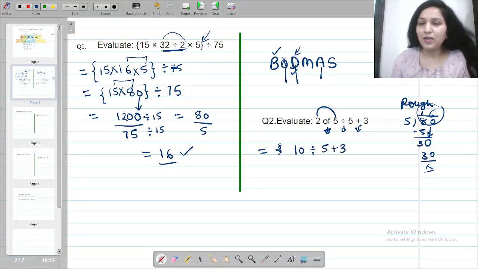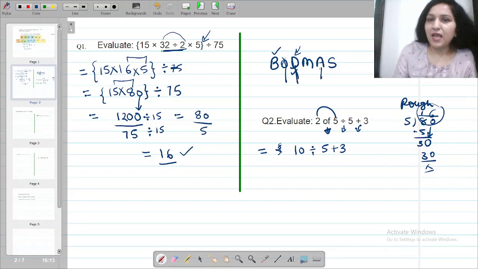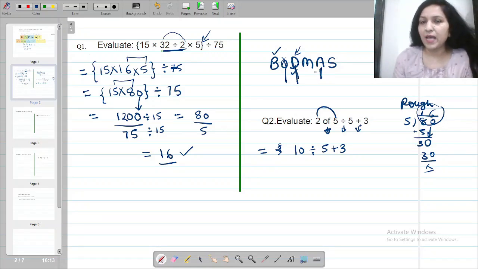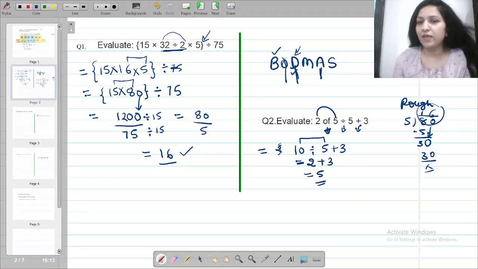Please do not panic, do not get confused. Divide और addition में दोनों, आपको ये नहीं सोचना चाहिए 5 और 3 पास लिखे हैं, 5 plus 3 8 करके डिवाइड कर लेते हैं. Please don't do that. Apply BODMAS. So out of division and addition, which comes on priority as per the rule? It is division. So 10 divided by 5, that is equal to 2, and 2 plus 3, your answer is 5. I hope this is making sense. You're finding it easier now.